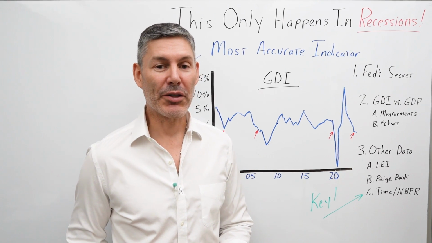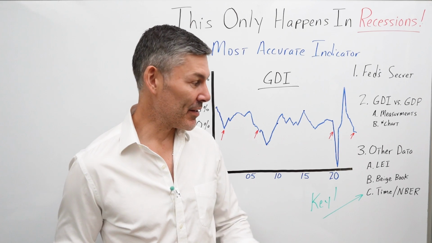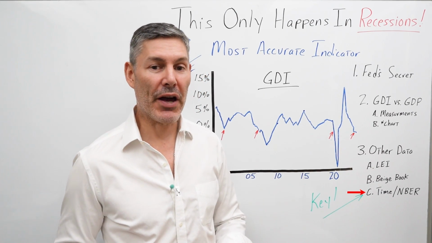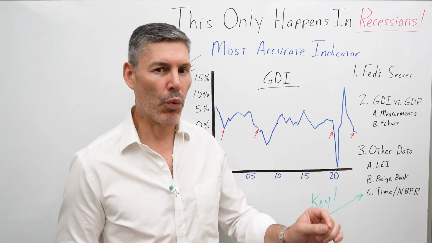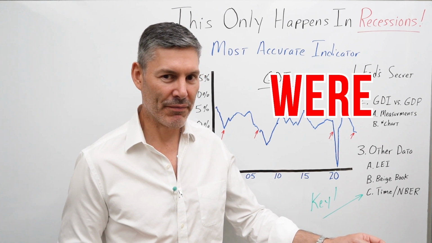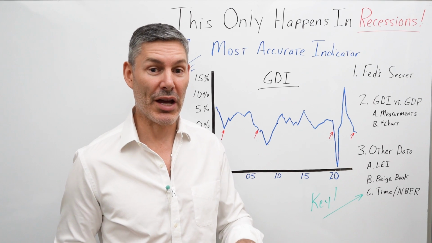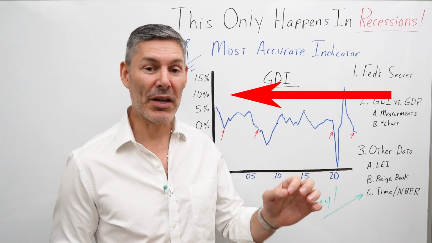Okay, fair enough, but I'd like to point out that every single person that's saying that is looking at the NBER, or National Bureau of Economic Research. That's the entity that officially says we were in a recession from this time to this time. But notice I said we were in a recession. You see, the NBER never comes out and announces that we're in a recession right now. They always do this looking in the rearview mirror. Let me give you an example.